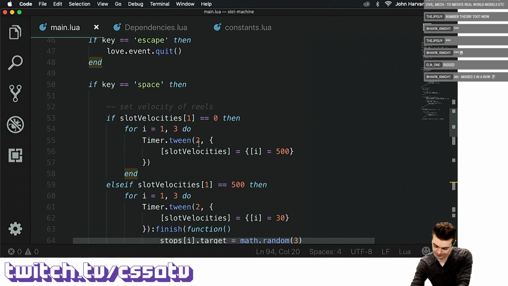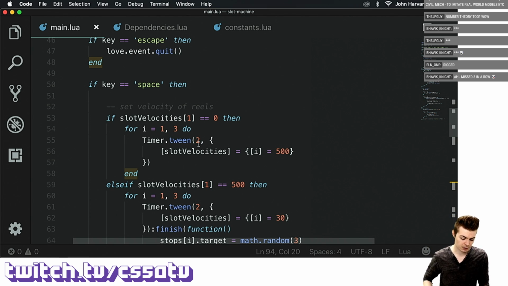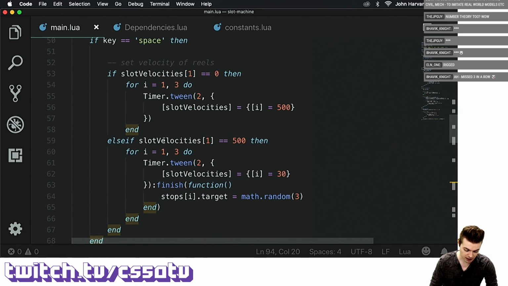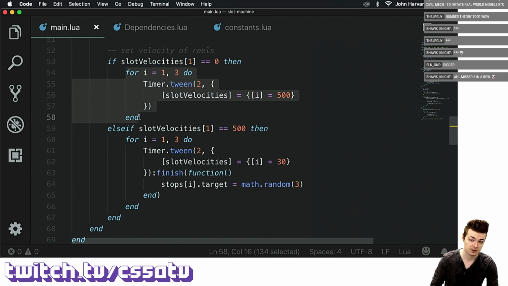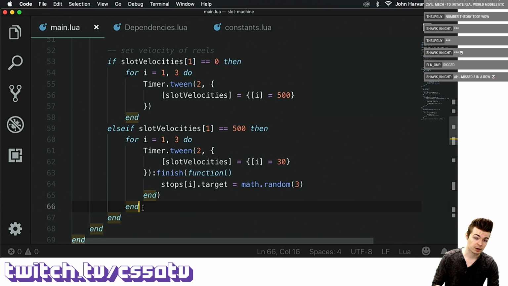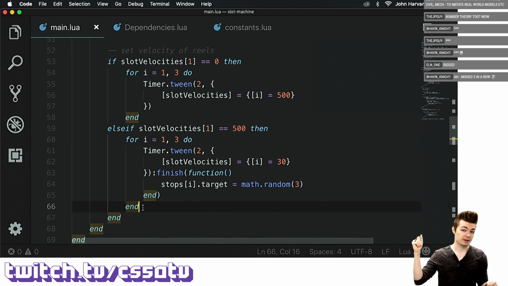Is that what I did? Yeah, that's essentially what I did. So right here, what I'm basically doing is kicking off all of the slots at once, and then stopping all the slots at once. But what I want to do is kick off all the slots staggered, that's easy enough to